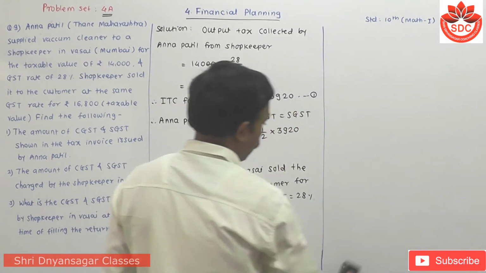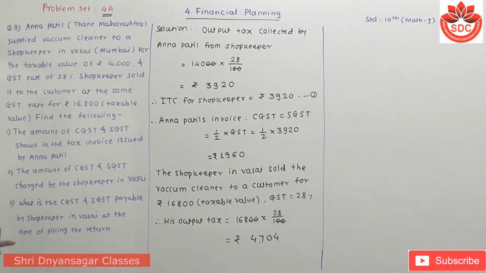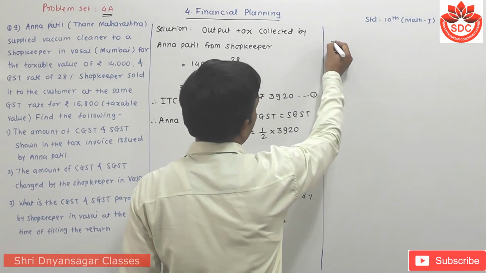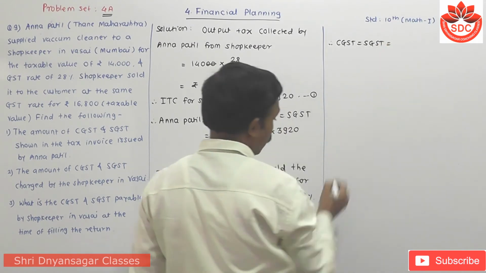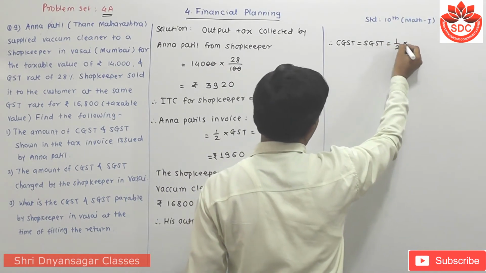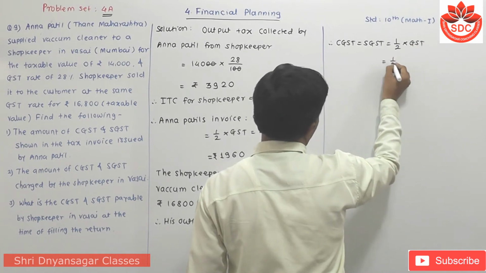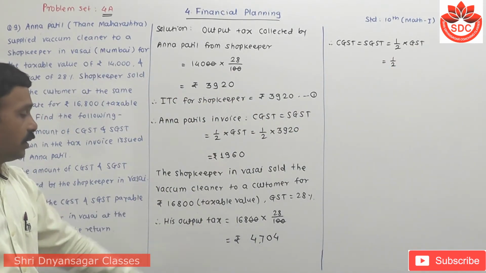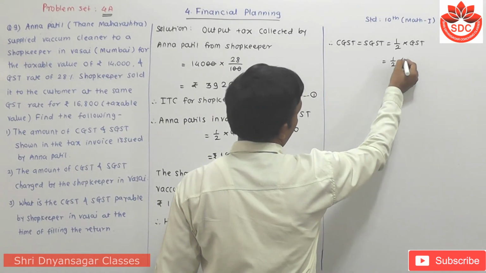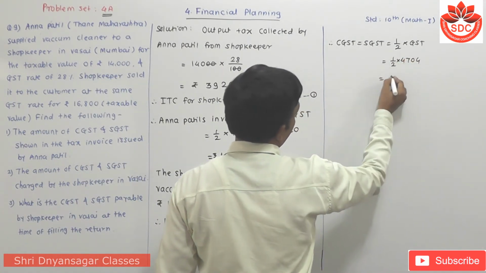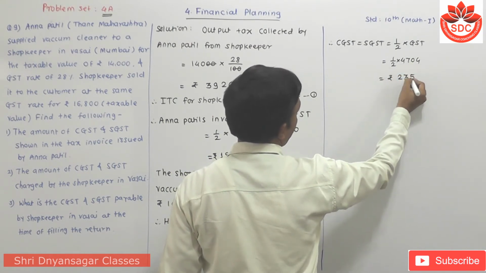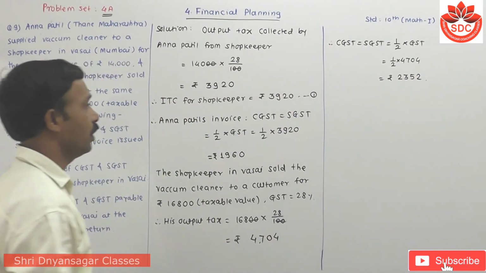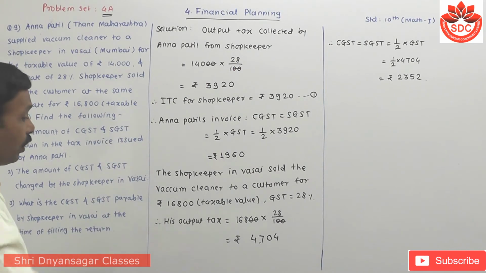Now student, we have to find out here GST, means that CGST and SGST for this shopkeeper. Therefore CGST is equal to SGST is equal to half of this GST, which is half of how much amount here? 4,704. This one is rupees, 2 2s are 4, 2 3s are 6, 1 carry 2 5s, and 2 2s. This is 2352 on his invoice.